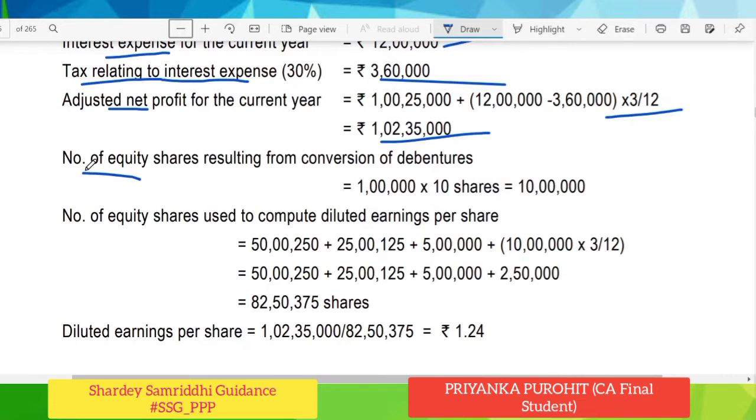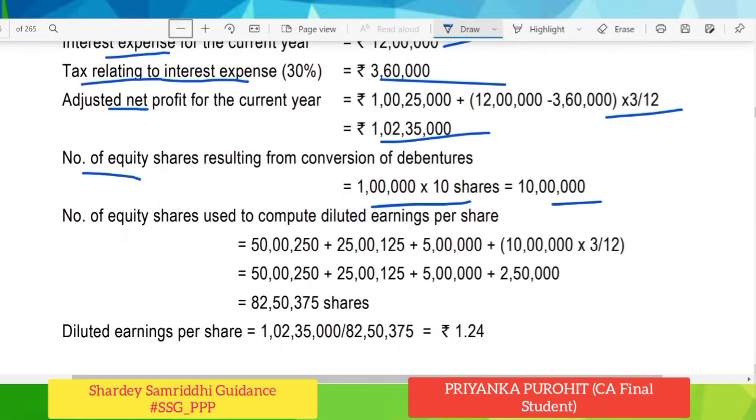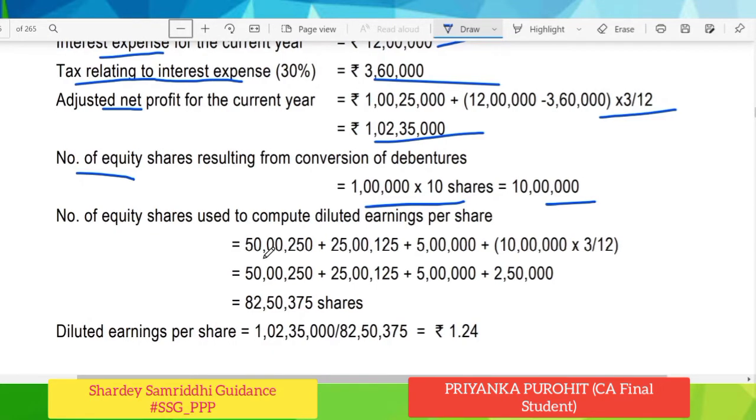interest. Now we will calculate the number of equity shares resulting from conversion of debentures, that is 1 lakh into 10, that is 10 lakh shares. Earlier we had just computed the bonus on such debentures, that is 5 lakhs, but now the convertible debentures are actually 10 lakhs. The number of equity shares to use to compute diluted EPS will be 50 lakh 250